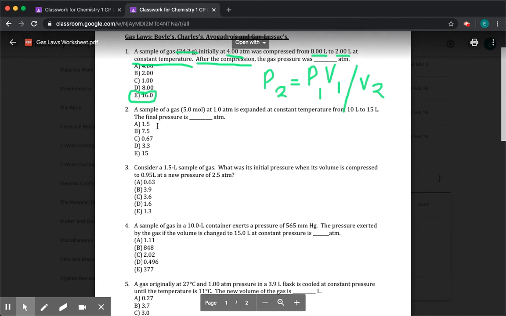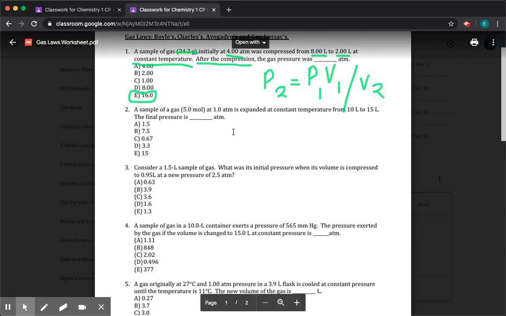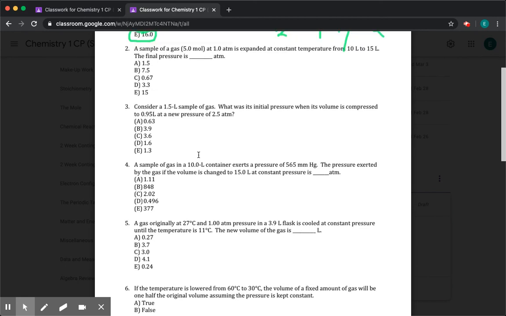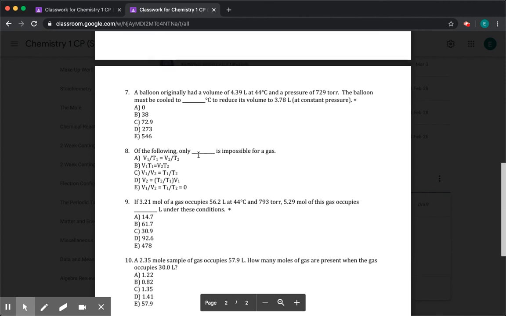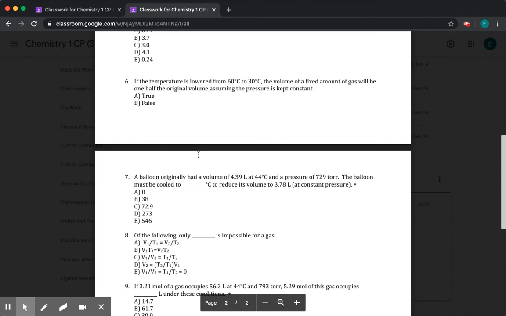Okay, number 2, what are we looking at? We have a gas. This one's the same law. This one's Boyle's law again, so I'm not gonna do it. It's the same equation. Let's do one that's a little different. What's one that's a little more difficult? I don't want to do the hardest one, because then I'm taking away all the fun. Okay, let's do